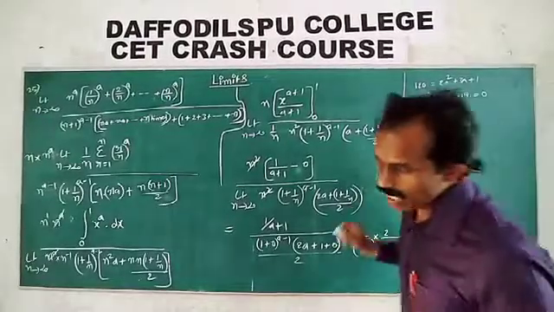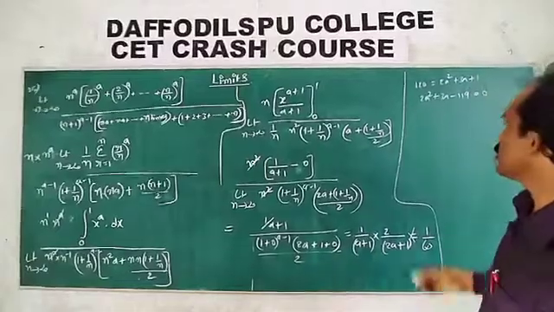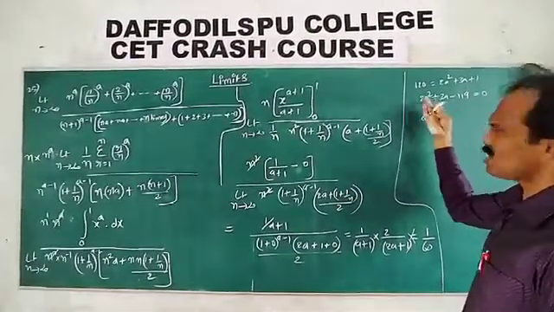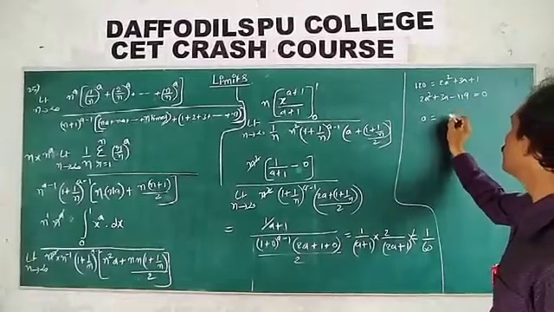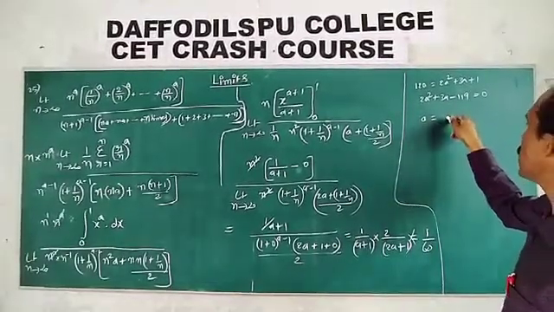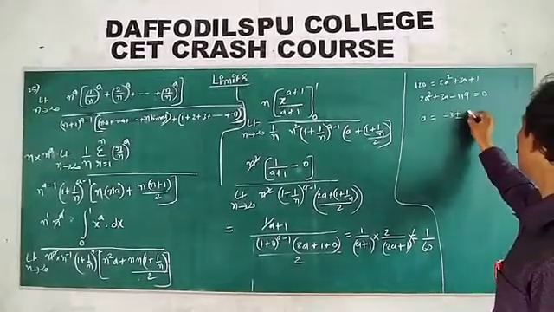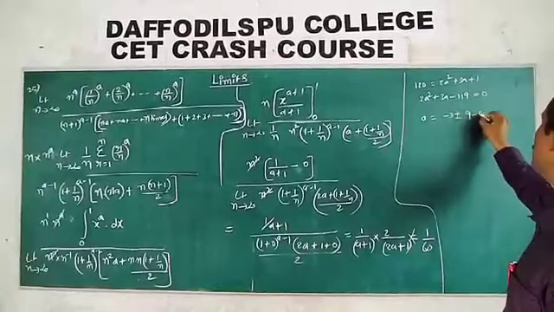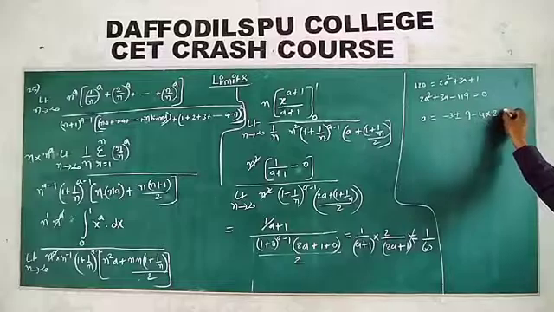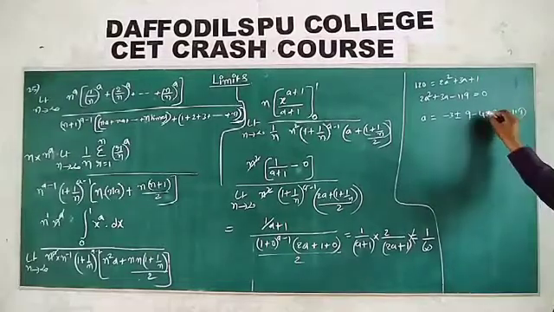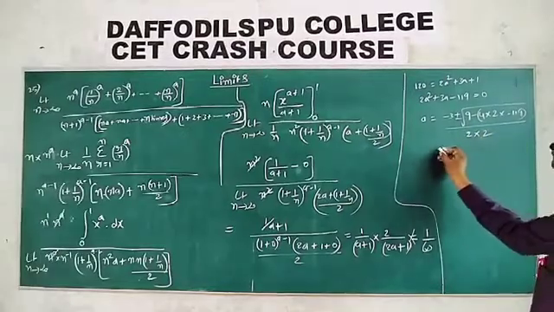We want a value, they ask a value, then a is equal to. So, using quadratic equation, I'll find factors, no problem. Using quadratic equation, what is the value? Minus b plus or minus square root of b square, 3 square minus 4 into a value 2 into minus 119, divided by 2 into 2a.